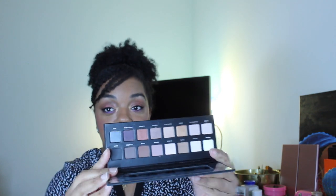Okay, so I have a couple eyeshadow palettes and blush palettes, and then we are done with my declutter, or the things that I've decided to declutter, and then I'm going to get into my empties. I'm getting rid of this Lorac Pro Palette. I've had this for a very long time, and I never have used it. Never. I swatched three colors. Never used it. The purpose of me getting this was I was wanting to do makeup artistry and I wanted to make sure I had a palette that I can use on everybody, but